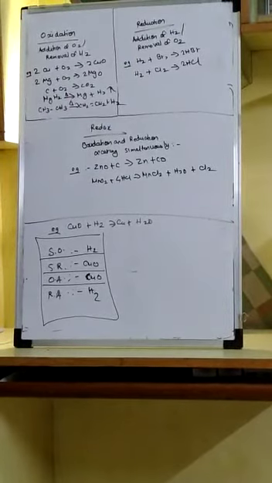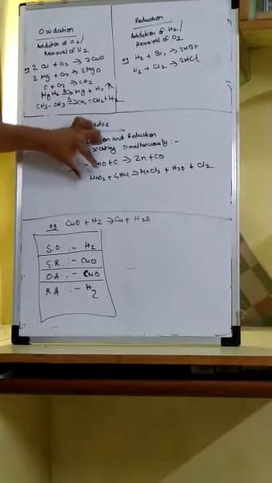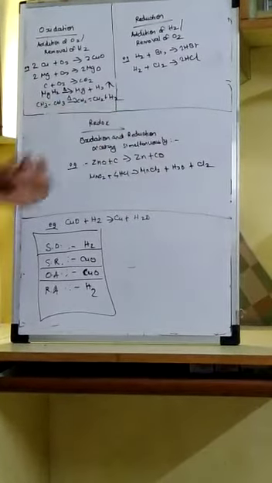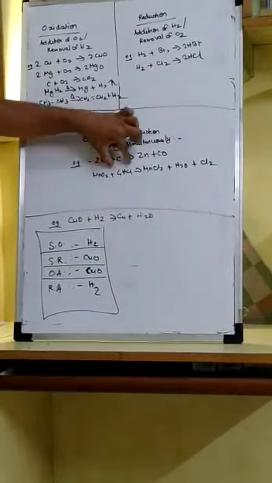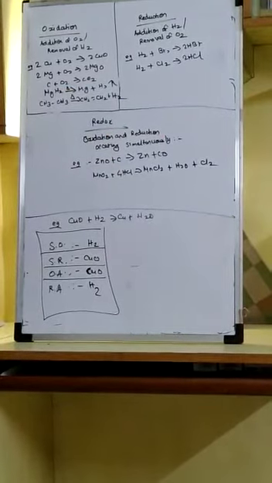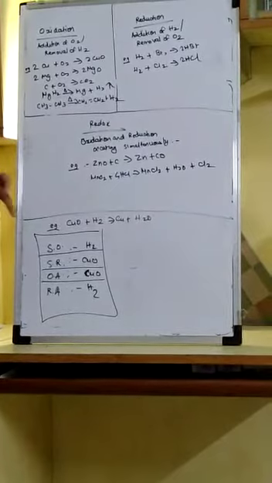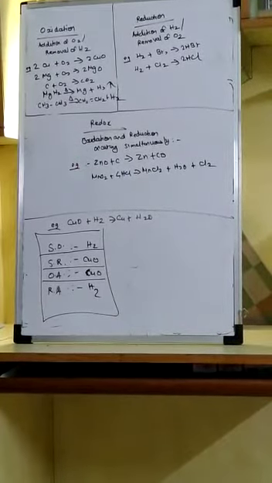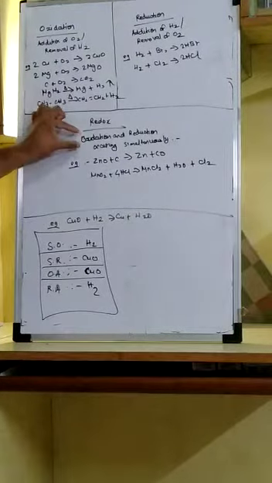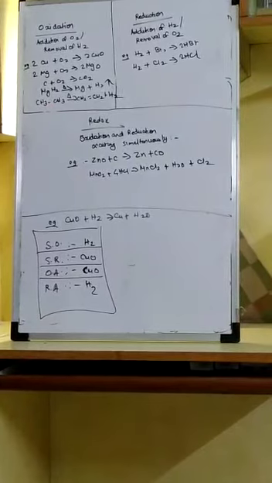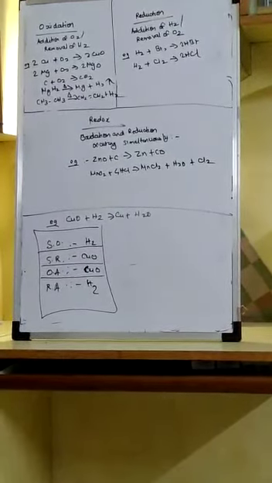Similarly here, MnO2 plus 4HCl giving me MnCl2 plus H2O plus Cl2. From MnO2 oxygen is being removed and it is becoming MnCl2 on the right hand side, so reduction is occurring. HCl is becoming H2O. In other words, oxygen is being added, so oxidation is happening. So both reduction and oxidation are happening in both these reactions, and hence we call it redox. Once again, for your understanding, oxidation is either addition of oxygen or removal of hydrogen. Reduction is either addition of hydrogen or removal of oxygen.